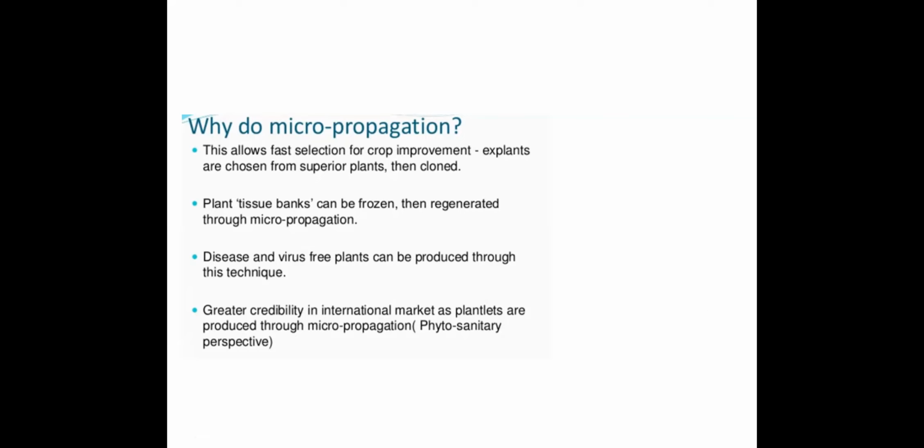It is very difficult to control the virus spread in a plant in a natural environment, but you can have a disease free plantlet maintained in laboratory condition, in aseptic condition. So the farmers or whoever is interested in growing the plant can collect the disease free plant, because otherwise we don't have any way to know whether the plant is disease free or not. But when you collect a callus bit or an explant bit from the plant tissue culture banks, it is sure that they are free from viruses. So there is greater credibility in the international market, because these clonally propagated plants are mostly aseptic. They are totally disease free.